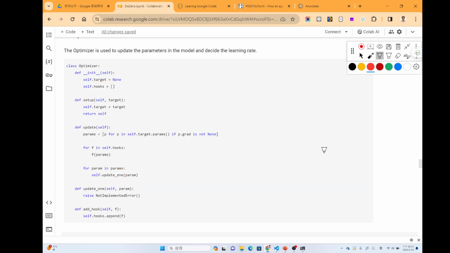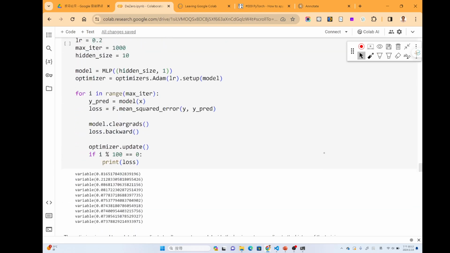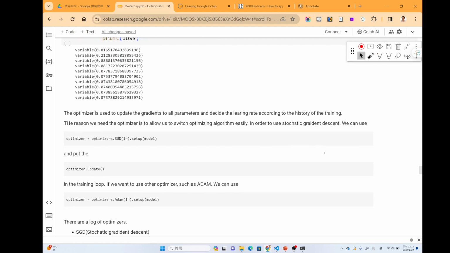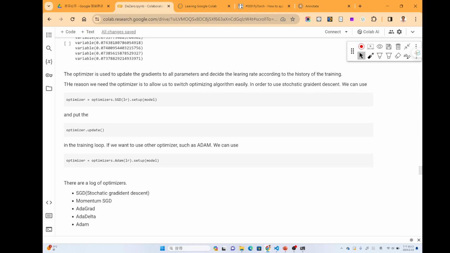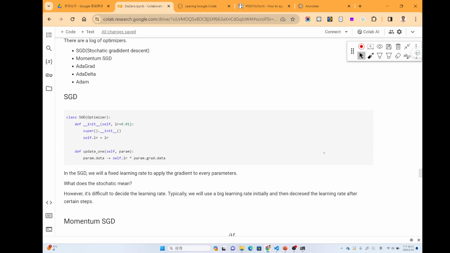So let's check SGD, which is the simplest optimizer.